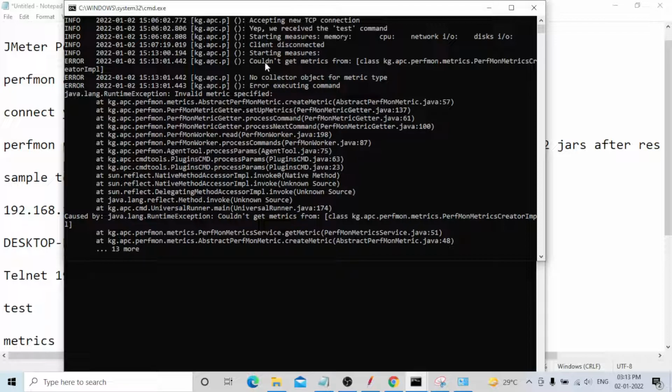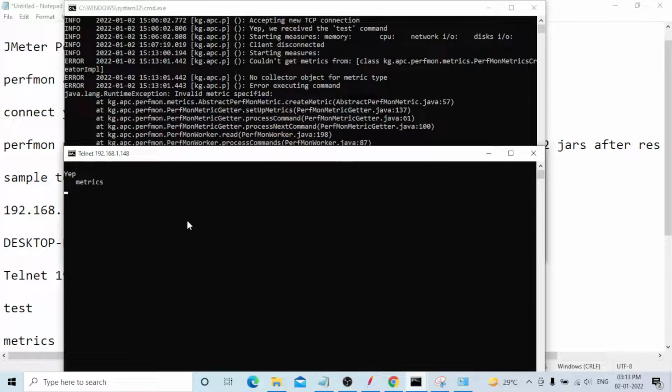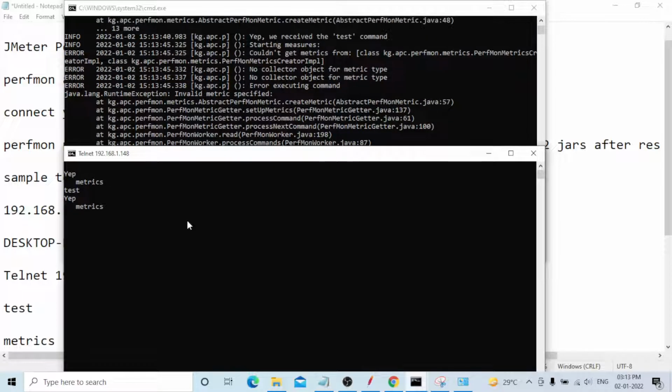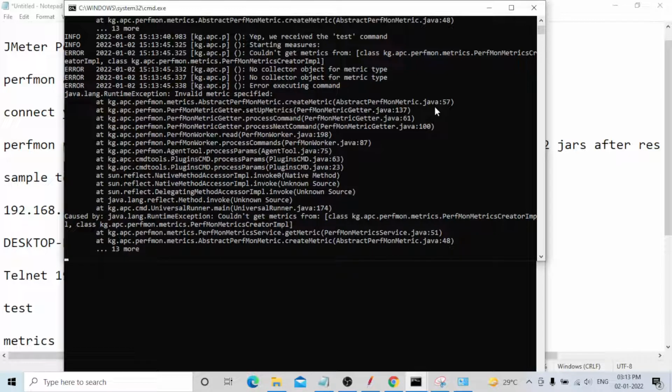Starting measure, client disconnected. Test command starting message: could not get metrics from last registered performance collector, no collector object for metric type, error exiting command. Okay guys, there is some error here.